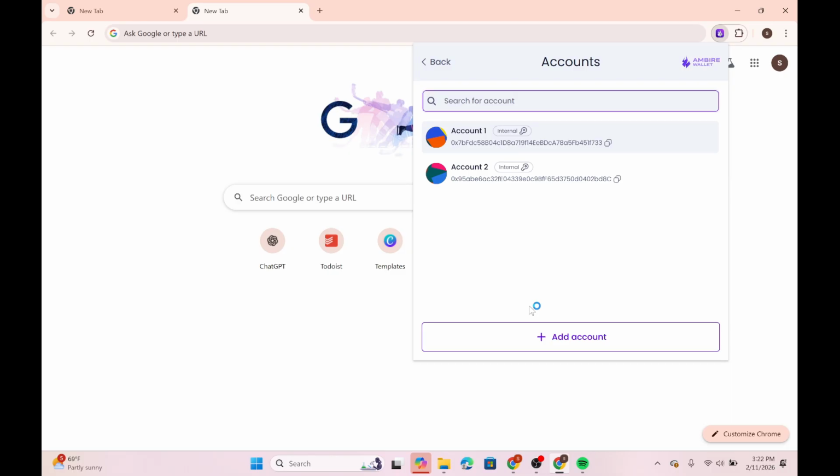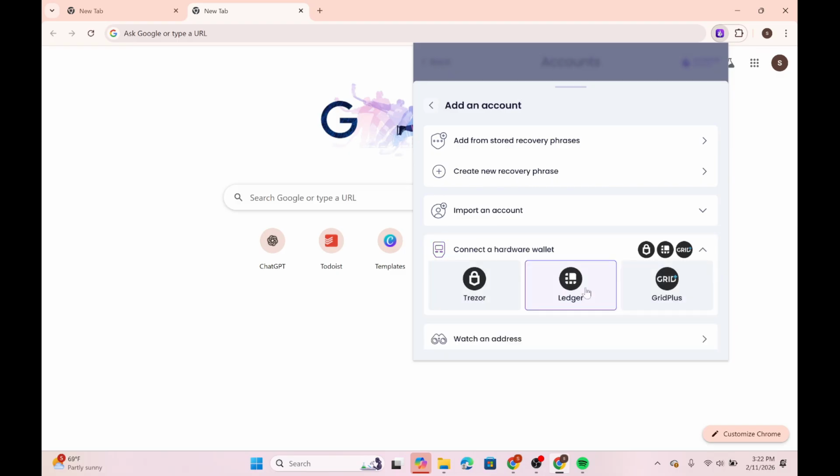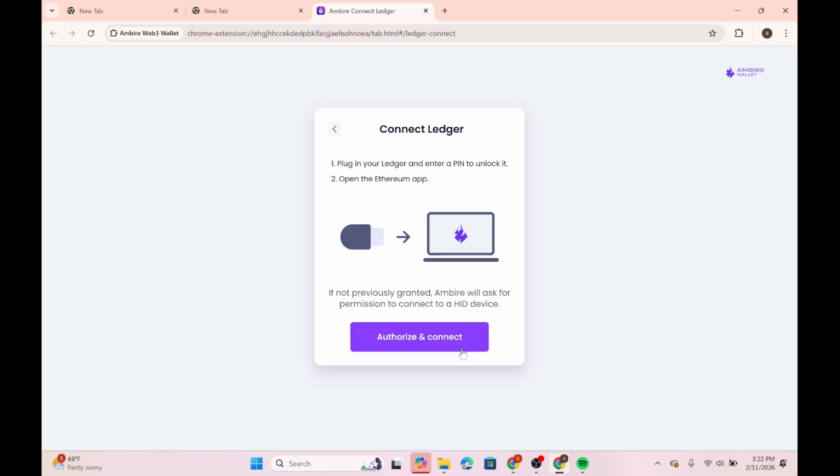Select this account and go to add account at the bottom. Over here we can find this option just below the import existing account: connect a hardware wallet. Select connect hardware wallet and simply select this Ledger over here, and you need to select authorize and connect. Ambire wallet will now try to detect a Ledger device, and after connecting, Ambire will display a